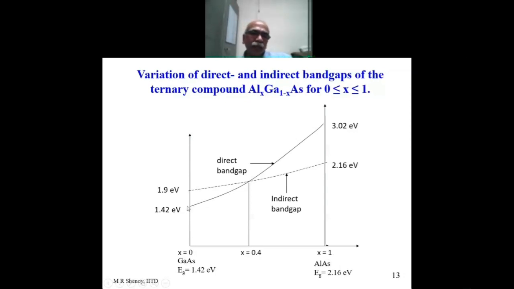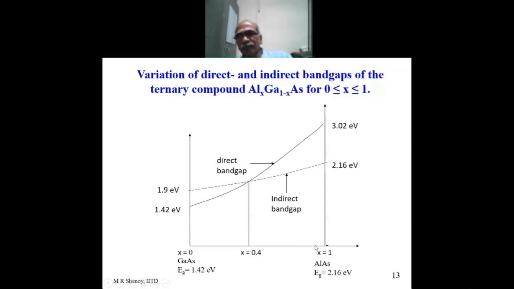Gallium arsenide has a direct band gap of 1.42 eV. So direct band gap, I mean at the gamma point, and it has an indirect band gap of 1.9 eV. There is a minimum at 1.9 eV as well, but it's indirect. Whether a material is a direct band gap material or an indirect band gap material is determined by which one of them is smaller. And therefore, gallium arsenide is a direct band gap material because its direct gap is 1.42 eV,